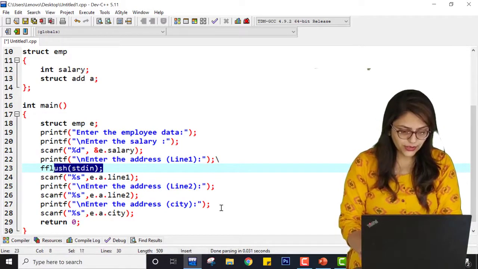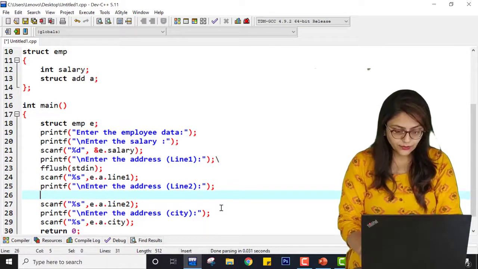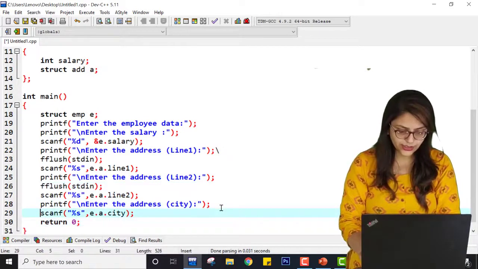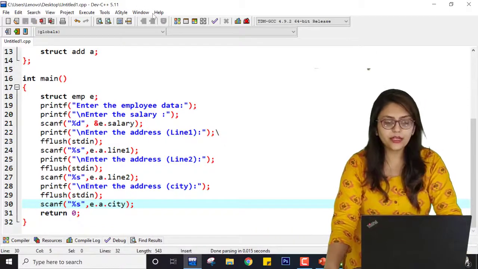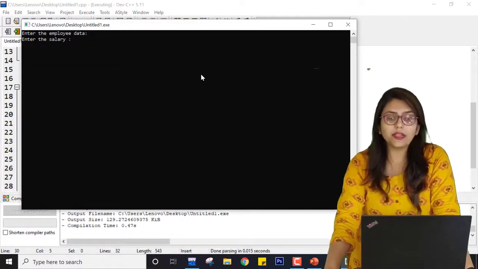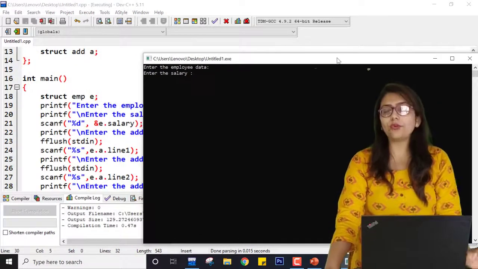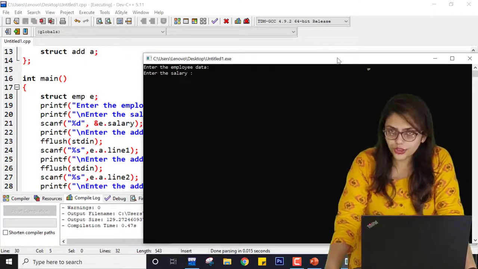So just copy this function and paste it before every scanf where you are using a string only, right? So it is not the case in terms of integer or float, but when you are using a string, it may happen that you encounter this error. It may also happen that you do not encounter this error. That all depends on your hardware. But if you encounter this kind of error, then you have to use the fflush function, right?